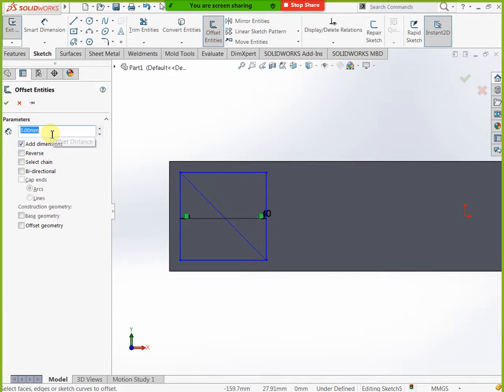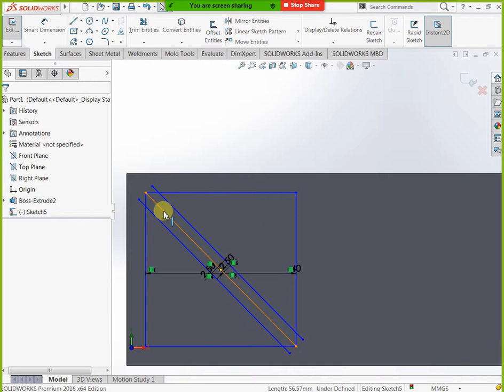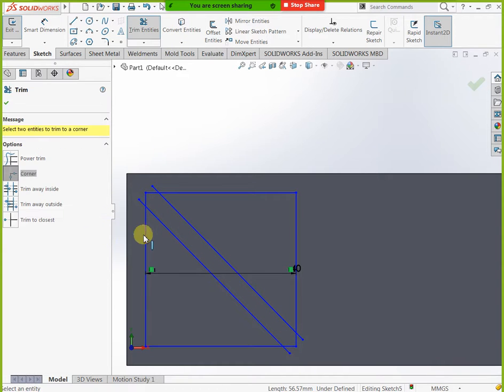Now remove this line. Okay, after removing, again go to trim. Take corner, sorry, come back once. You can select inner portions too, trim entity,